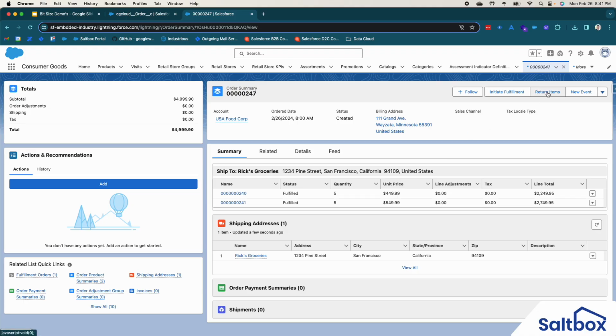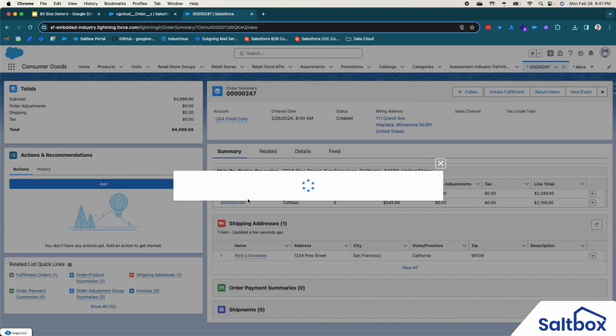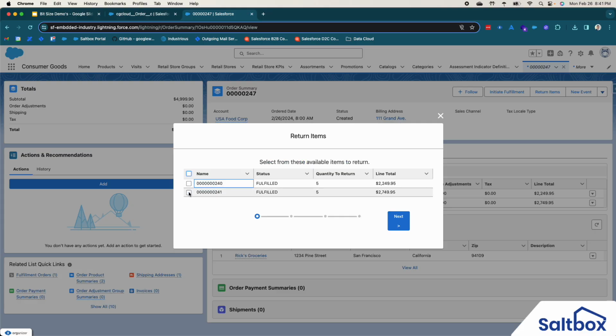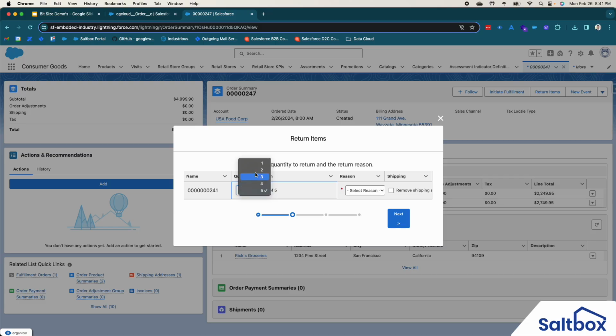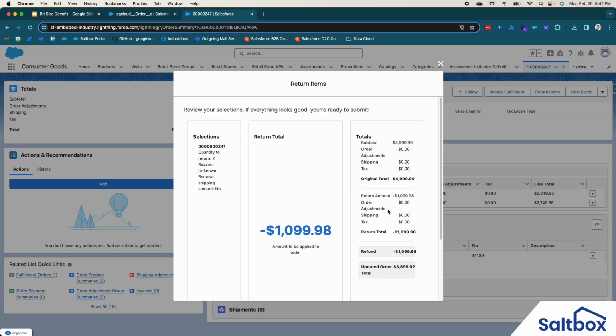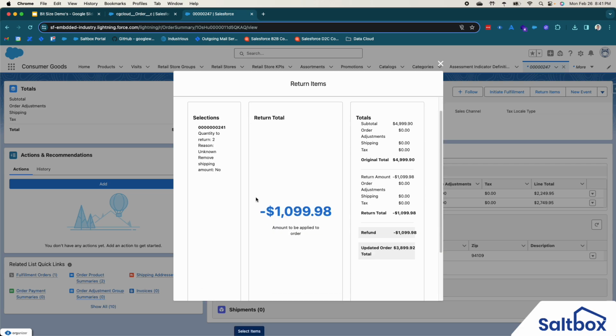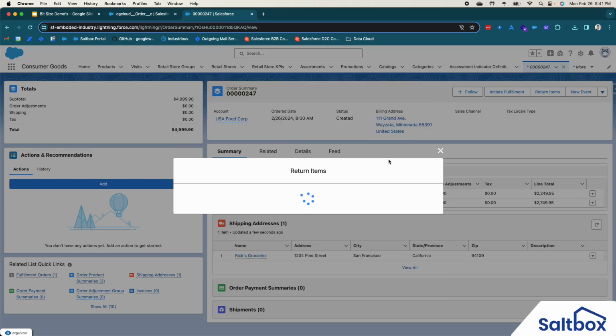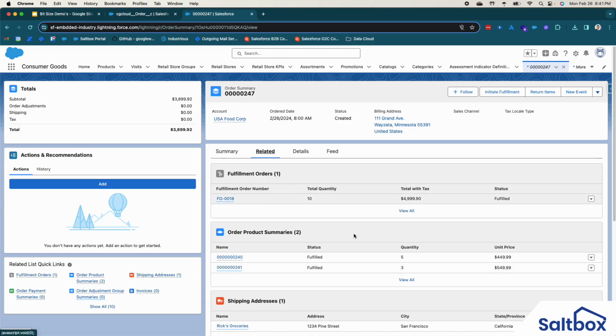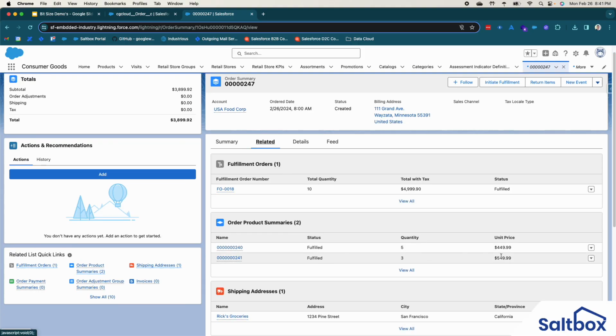So now we'll actually go to the meat of the OMS action, and that's actually returning an item. So here we're going to select one of these products. We're going to select the amount that we want to return. We'll return 2 of the 5. And you'll see here we now have a screen that tells us the amount that's going to be credited to a customer. This will appear in a credit memo in OMS once we click submit. So if I go here, you'll see we now have 3 fulfilled with our unit price, and our order total has been updated to